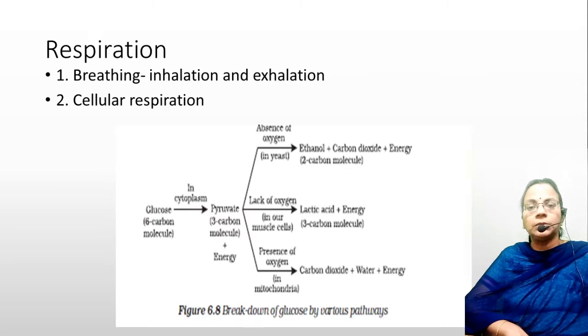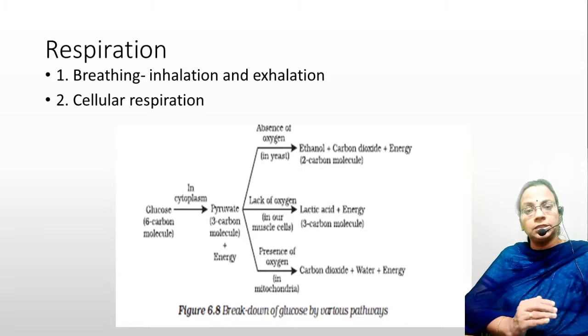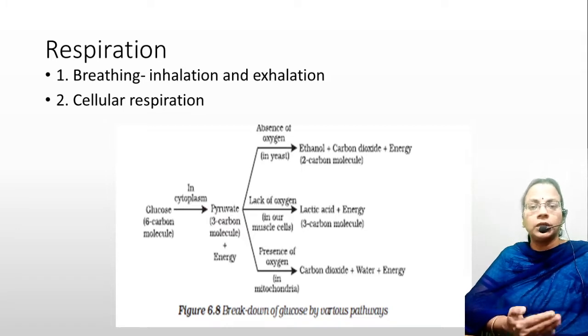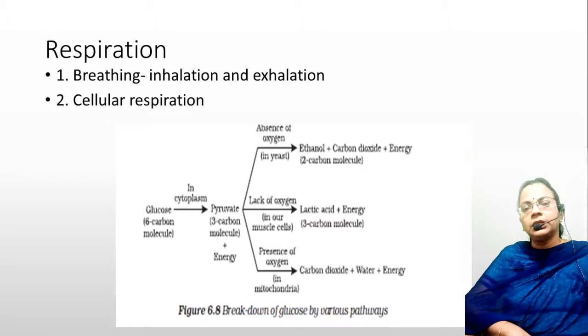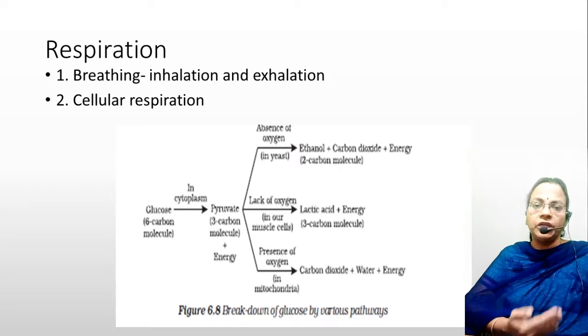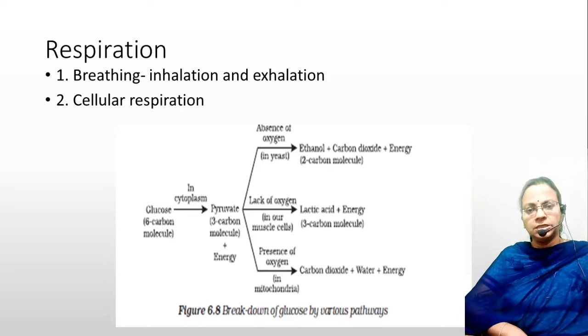So here it is taking place within the cell, and a chemical change occurs. That means in the presence of oxygen, glucose is broken down into carbon dioxide and water. So the chemical change occurs, hence that process is called a chemical process. And finally the energy will be released. For the energy we require for performing various metabolic activities, respiration is essential.